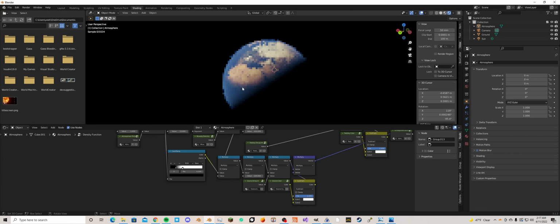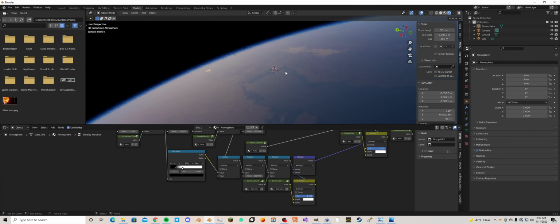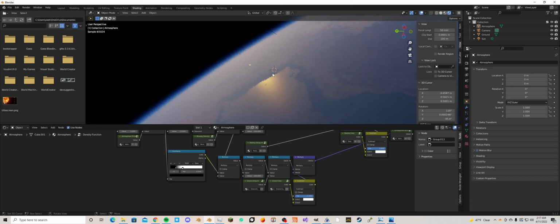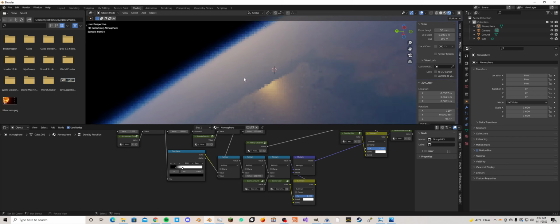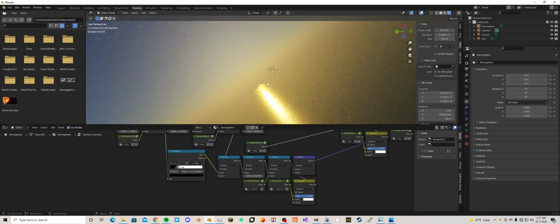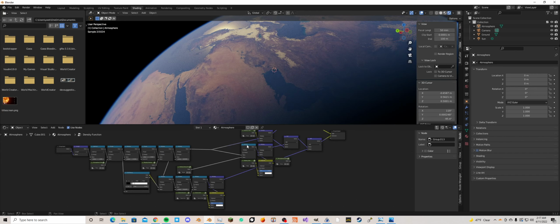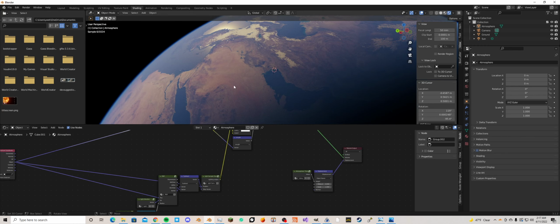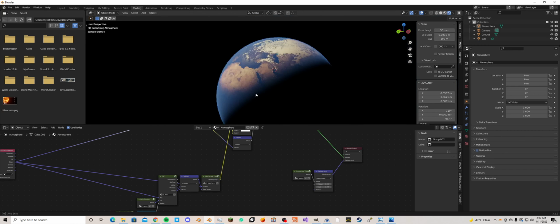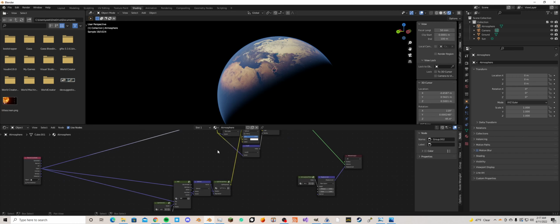There's actually still one thing we need to do, and that is, what we have here is a single bounce or a zero bounce volumetric material. We're simply marching towards the sun, and we don't care about any interactions with the molecules around it, just what happens between here and the sun. So we need to find a way to efficiently approximate that. And basically what that entails is we're only going to be adding a little bit of